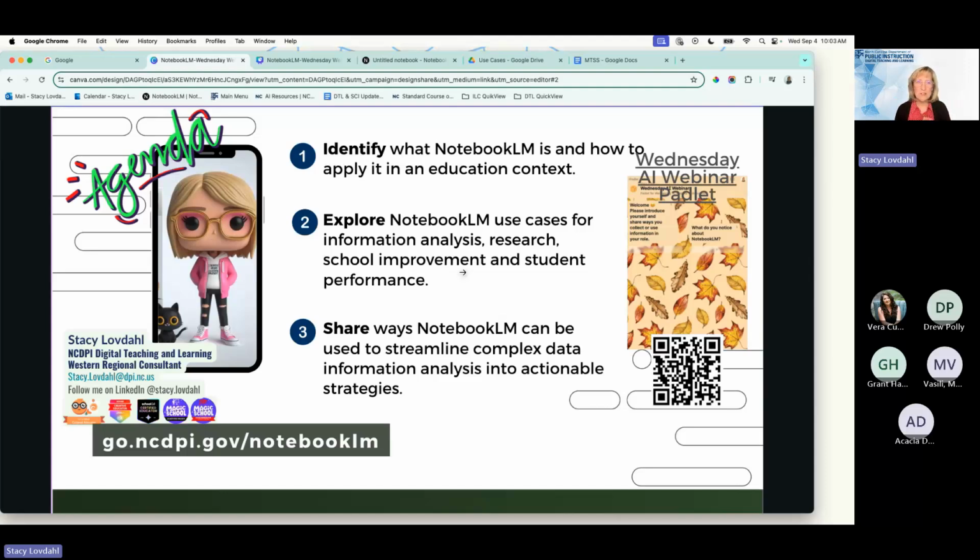Then we'll explore some use cases that I think are really interesting and applicable to education, and hopefully share some ways that you are inspired to use NotebookLM, and brainstorm from your point of view what you may be using it for already, or as you listen to the presentation, some things where you think, oh yeah, this might be an idea for how you could